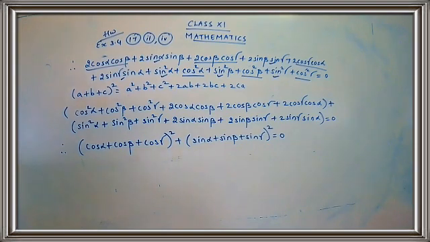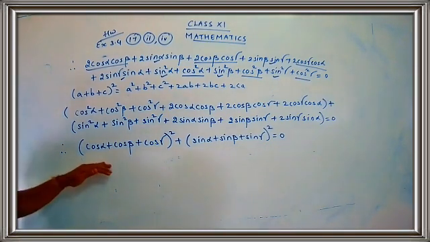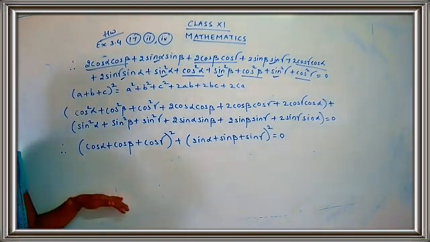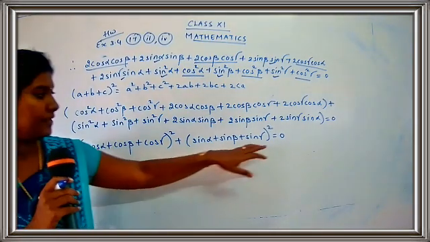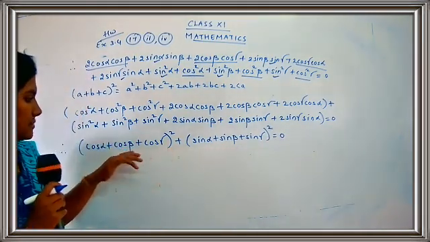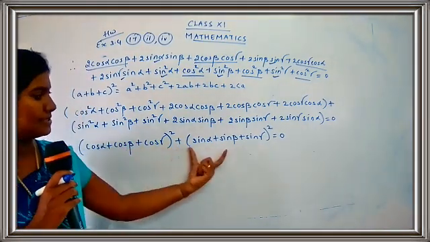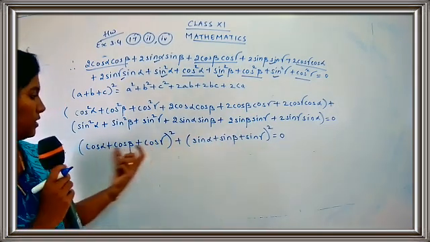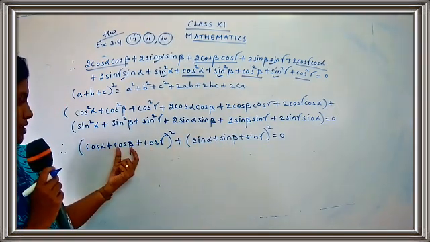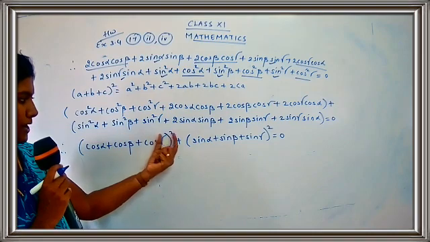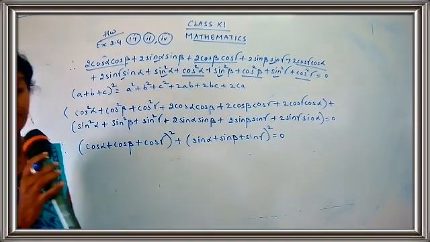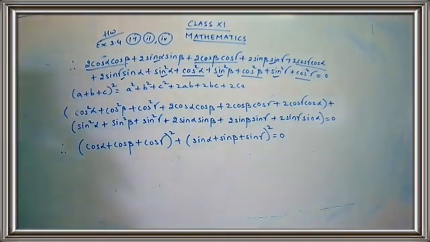Have you taken down the step? So just see here, children. Now with this itself we can conclude our answer. The thing is we have the answer 0. So now what is it saying? This plus this is equal to 0. So cos alpha plus cos beta plus cos gamma the whole square plus sin alpha plus sin beta plus sin gamma the whole square is equal to 0. The sum gives you the answer as 0.